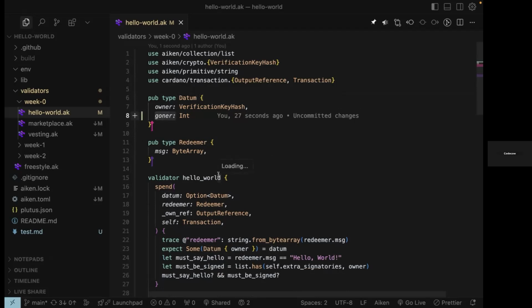Yes, correct. Newman, well, repeat that though. It'll say datum.owner, right? Like if you wanted to reference datum.goner, you know what I'm saying? Datum is either going to be owner or goner. So you would do